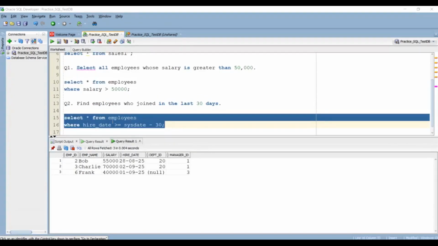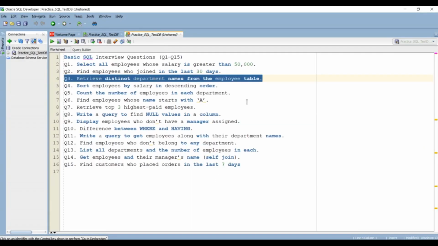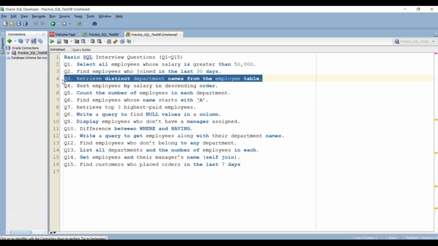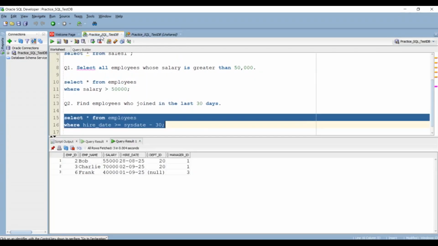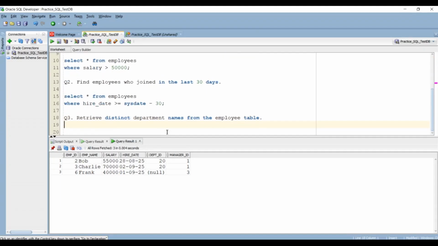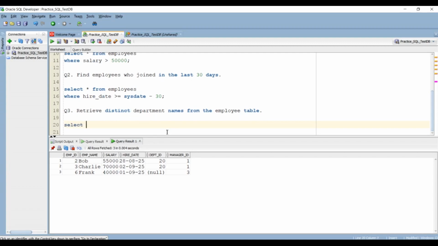We saw the output as employees with a recent hire date within 30 days based on the query. Okay, let's move to the third question. What is the third question? The third question is retrieve distinct department names from the employee table. So first let's select